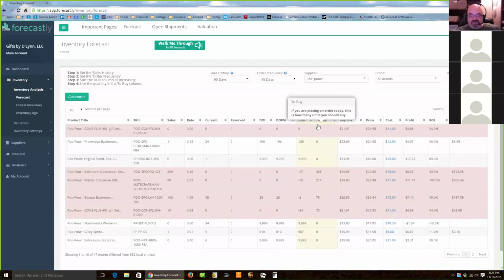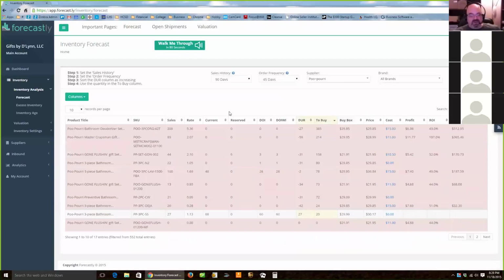So yeah, when you do an order, you go back, click on to buy. It shows the rate that it's selling, the amount you currently have in inventory, how many are reserved, your days of inventory, that type of thing. It shows you the current buy box, your current price, and then your current cost, along with the inbound cost you've entered. So these items I've actually entered the cost for, several of these anyway. It'll show you the net profit, and it factors in your inbound costs if you include it, as well as all the Amazon fees,